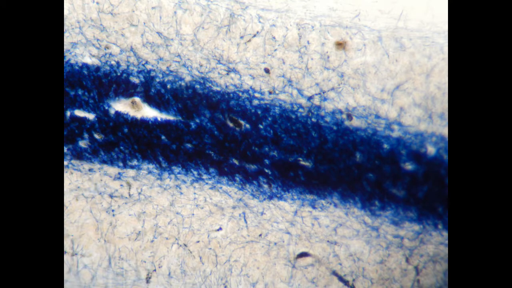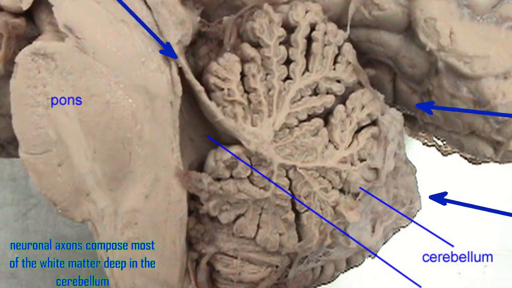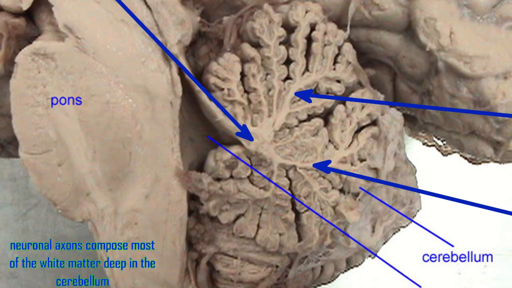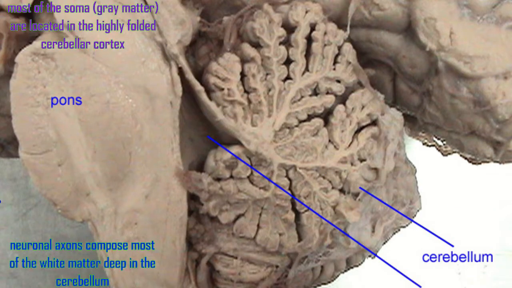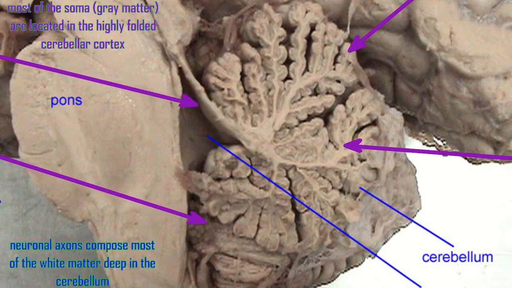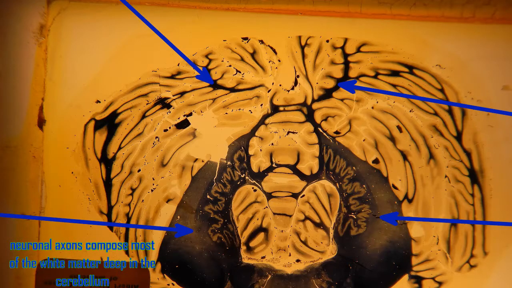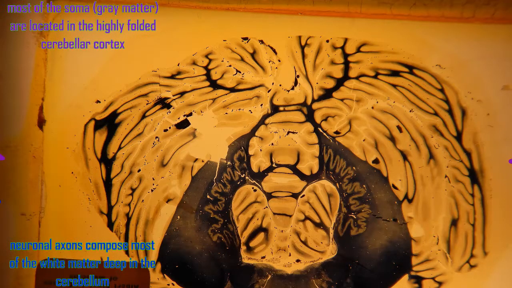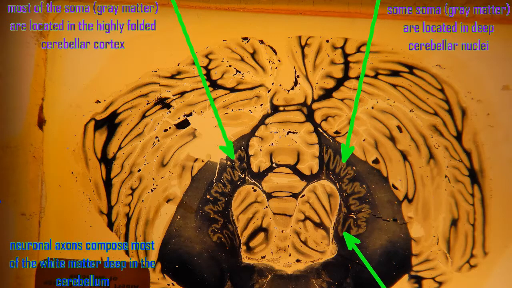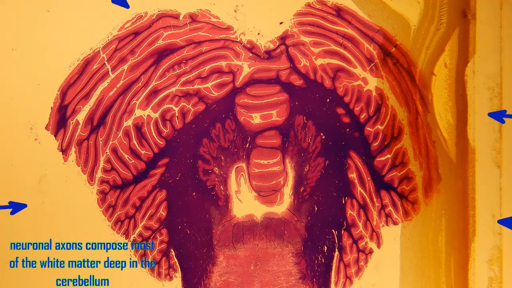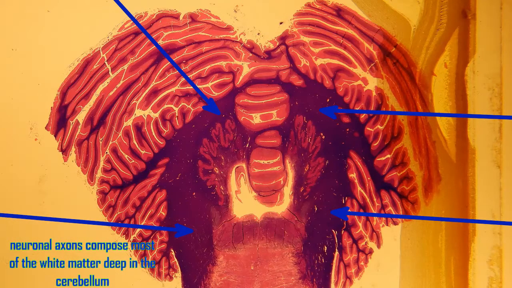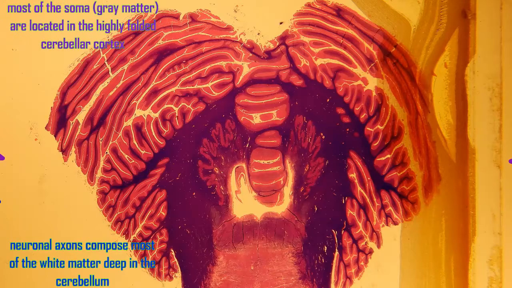The cerebellum is organized, and each of these can be found in distinct regions. The white matter containing the axons composes the majority of the interior of the cerebellum. Small bands of white matter then enter each of the folds of the cerebellum, the gyri. The gray matter is located in the cerebellar cortex, which has been greatly expanded due to the number of gyri or folia, these folds on the surface of the cerebellum, which give more surface area for increased number of soma